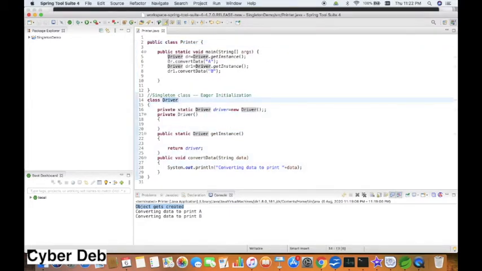The Printer has the main method where we find two references of the Driver class by using the Driver's getInstance method. We are not calling the constructor, we are calling the method, because the constructor is private.